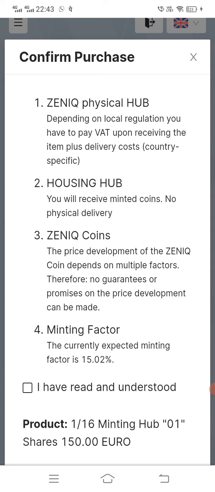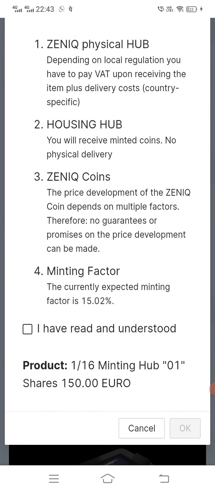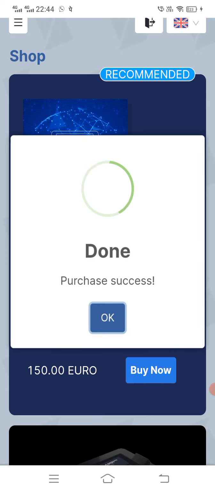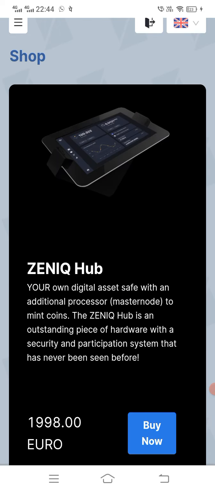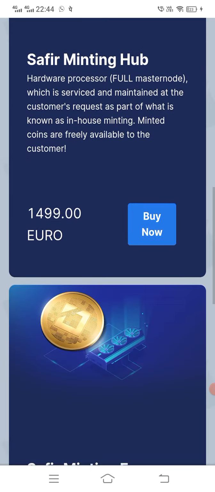Therefore, no guarantees or promises on the price development can be made. Minting factor: the currently expected minting factor is 15.02. I have read this, understood. 1/16 minting hub 0.1 share, 150 euros. So I'm going there. Okay. Oh, done. Successful. Great. It is very simple to shop.